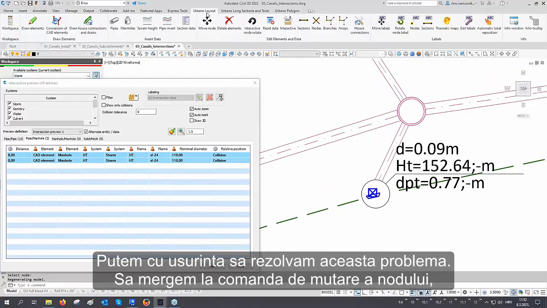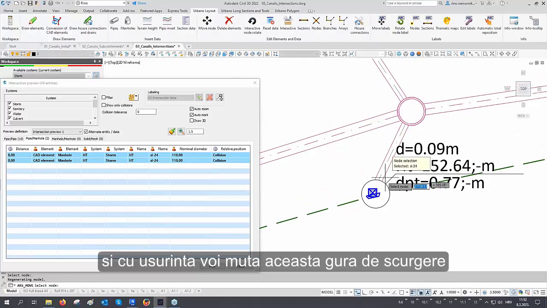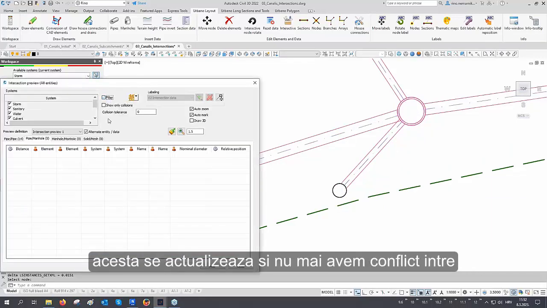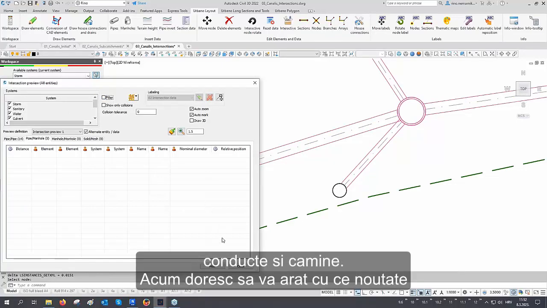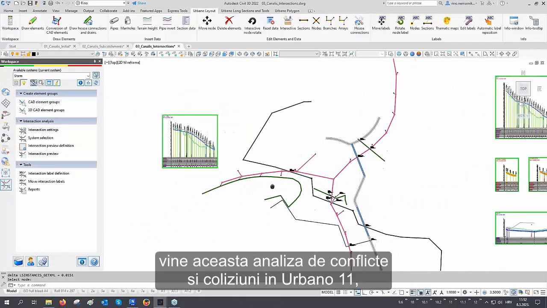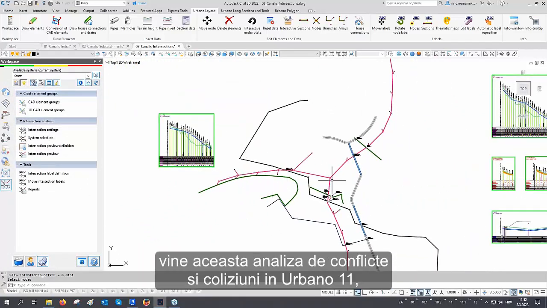So let's go to the function for moving of the node. And I will just easily move this storm drain node here. And now you can see that the data table automatically refreshed and we have no more clashes between pipes and manholes. Now I would like to show you what's new regarding this intersection analysis in Urbano 11,